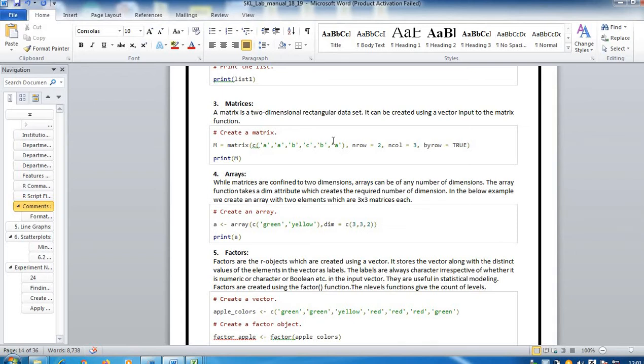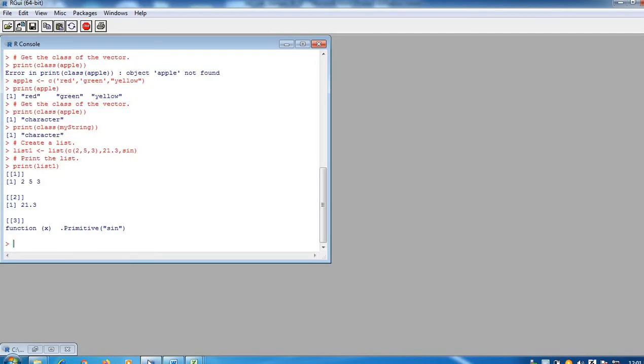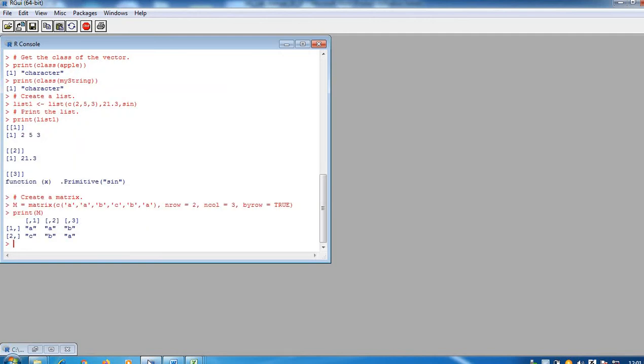Okay, so we'll try this command again. I am just copying this. Going to the R tool, and now I am pasting. Now see here, all commands are written correctly. So creating a matrix is a command. Then M is declared as a matrix data type, which is composed from a vector with number of rows equal to 2 and columns 3, and we are trying to create the matrix with byrow equal to TRUE. Now see how TRUE is written.